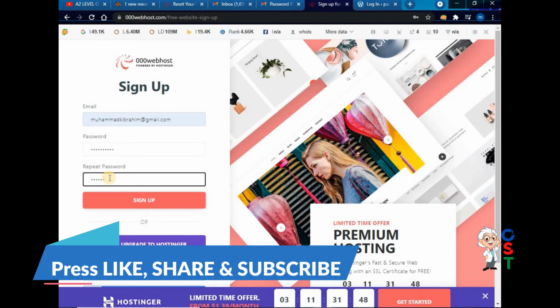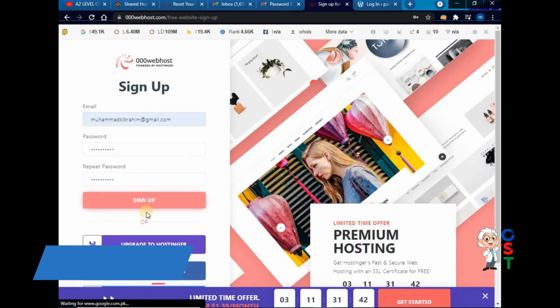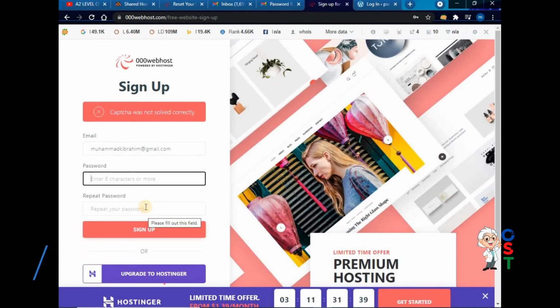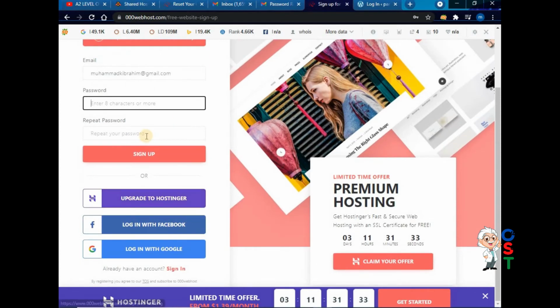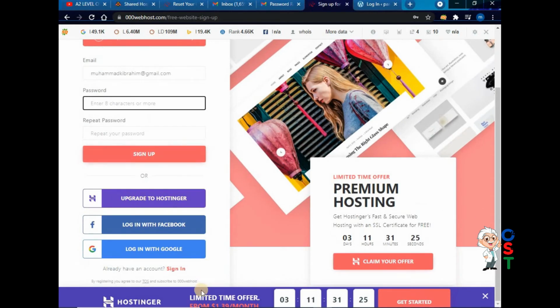Re-enter the password and sign up. Let's see. Captcha was not solved. Captcha is not there. Where is the captcha?